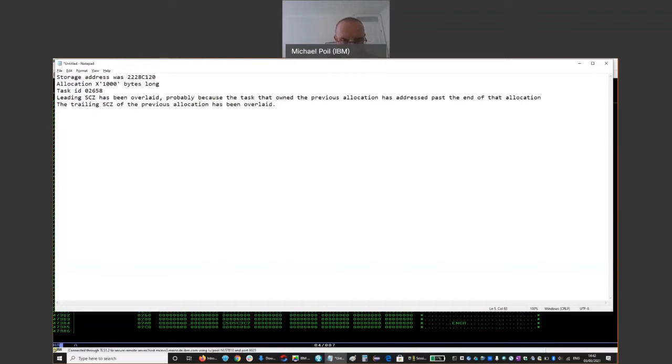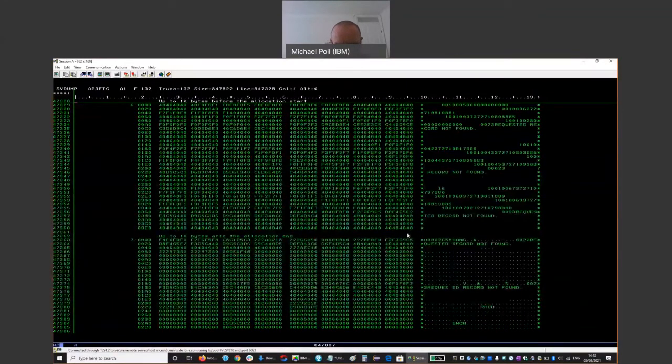So whoever owned that bit of storage could be the program that caused the damage. Now, while we're here, let's have a look at the formatted dump to see whether there are any clues as to the use of that storage. Now, if you look here,